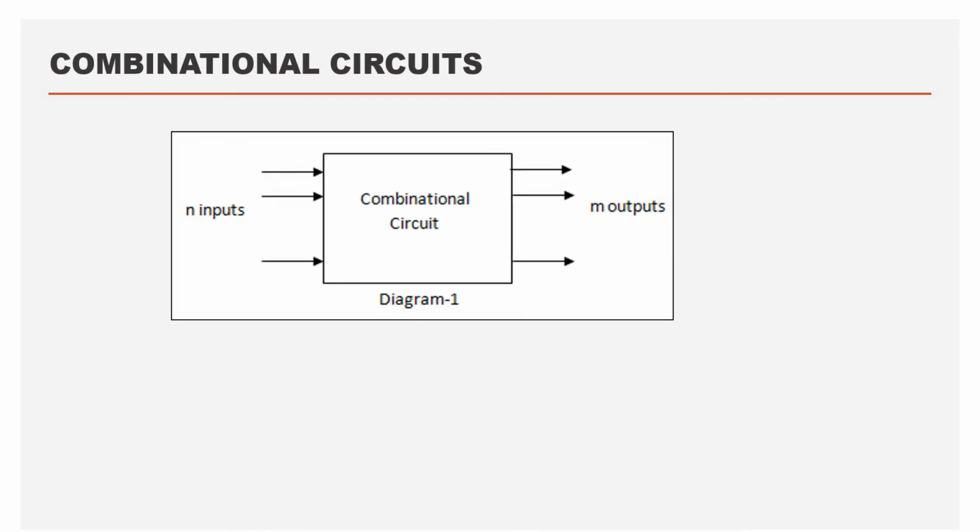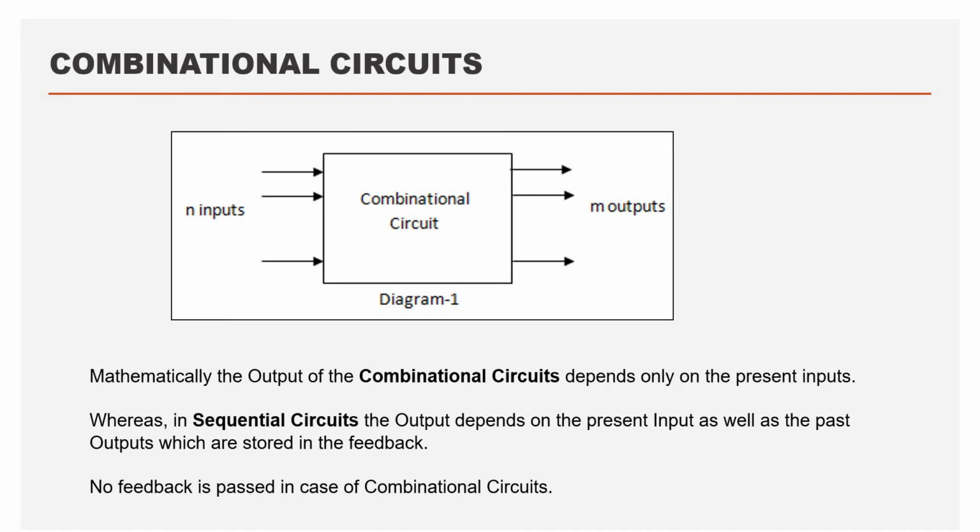Combinational circuits, first of all, is nothing but where the output is the function of inputs only. As you can see in the diagram, there are n inputs of the combinational circuits and we have m outputs. If we have n inputs, the m outputs will depend on the present inputs only, but not on the previous inputs. That is, mathematically, the output of the combinational circuits depend only on the present inputs, whereas in sequential circuits,